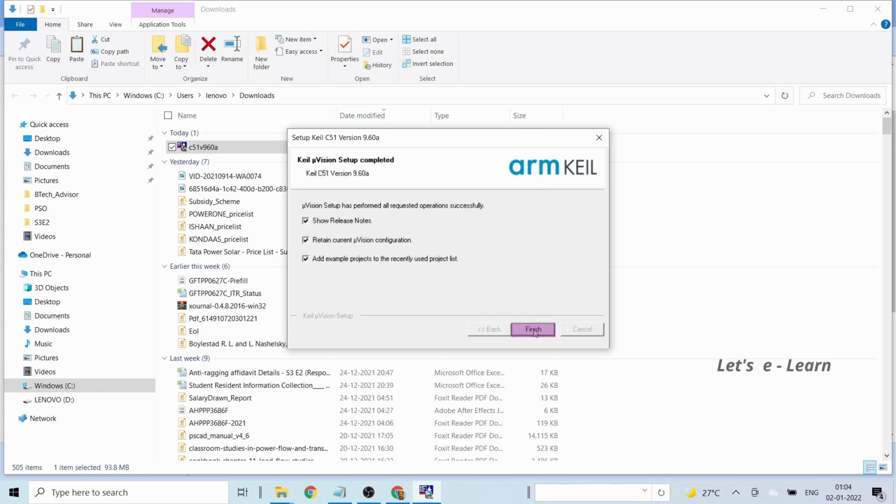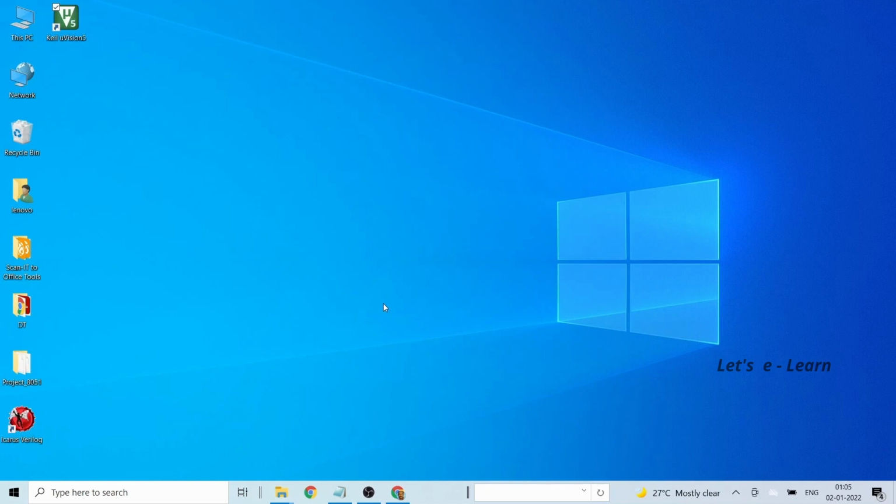Click on finish. Once the installation is complete, you will have a Keil Microvision 5 icon on your desktop. Next, we will see how to create a new project, how to compile the project and create the hex file.